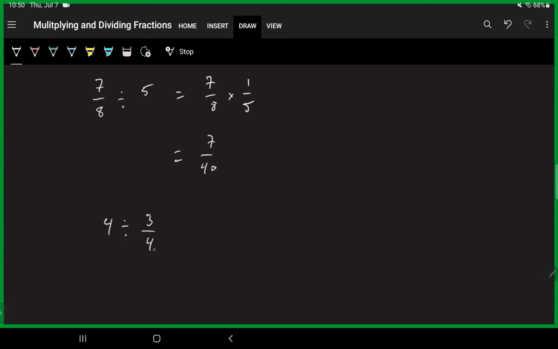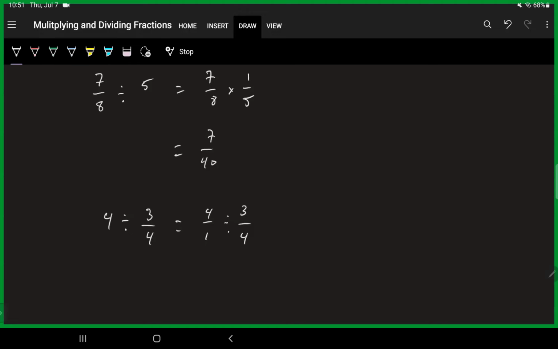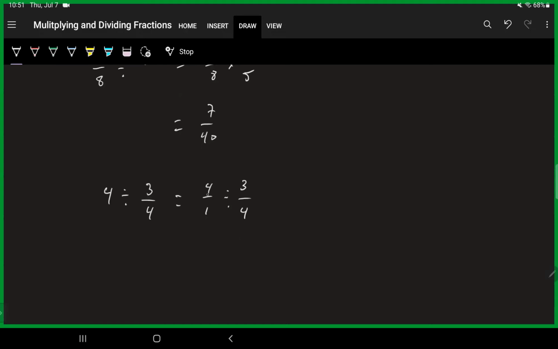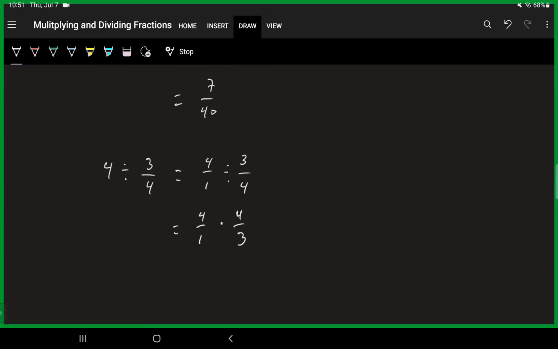If I want to divide 4 by 3/4, again, I can think about that as 4/1 divided by 3/4. And I picked this on purpose. Some people want to cancel out those 4s, but you can't do that yet, because the cancellation happens across multiplication, not across division. 4/1 times 4/3. So we're going to flip again the second fraction. It turns out there's really nothing to cancel out here because I have a 1 and a 3 on the bottom, and I have a pair of 4s on top, for 16/3. And there's not much I can do with that.